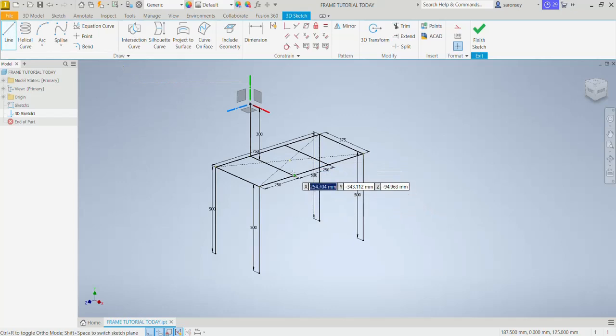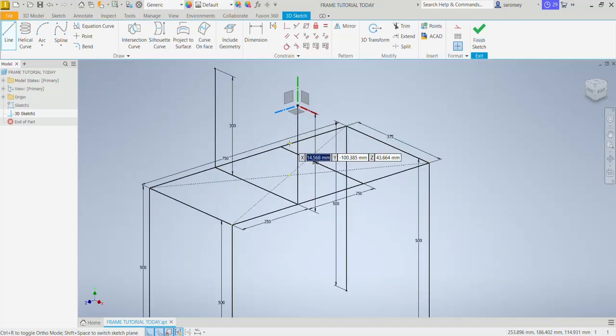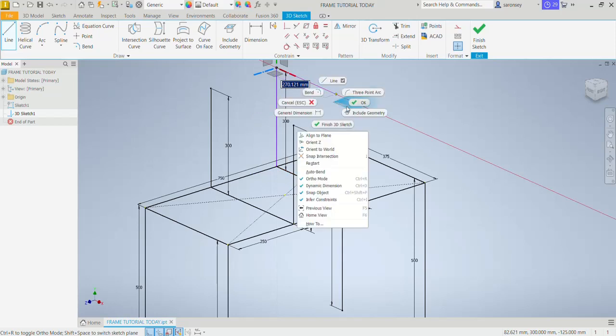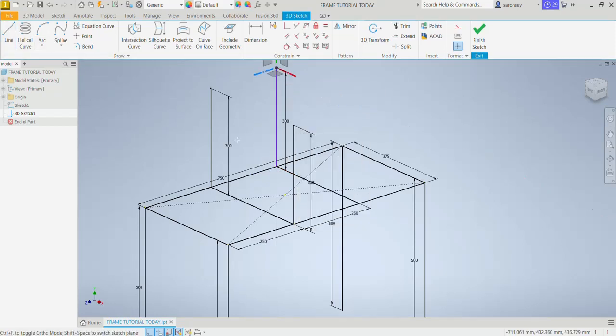Do same to this intersection as well. Click and drag, choose our dimension of 300, enter, right click OK, and then same to, you can zoom in if it's not so much in focus, click, drag up, choose your dimension, enter, right click OK, and the last one,